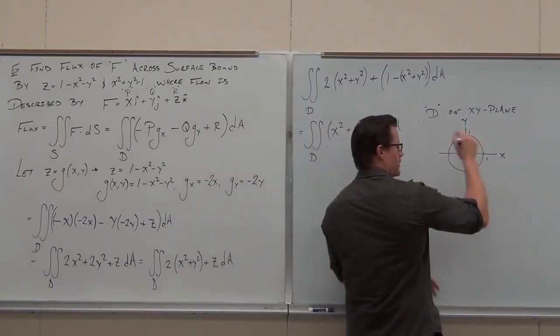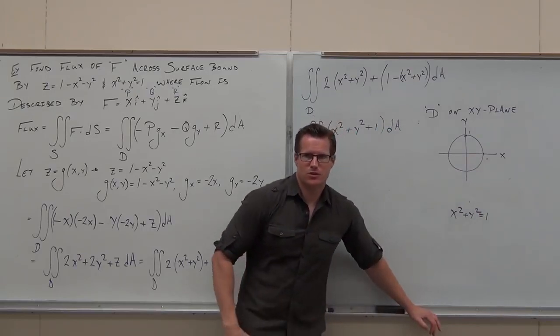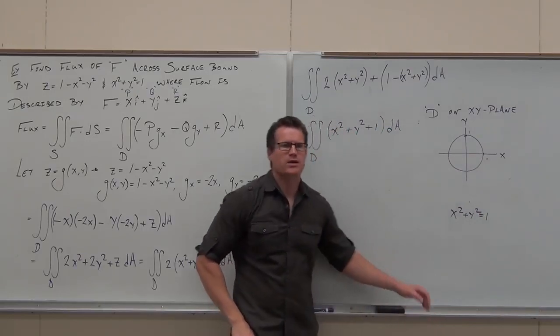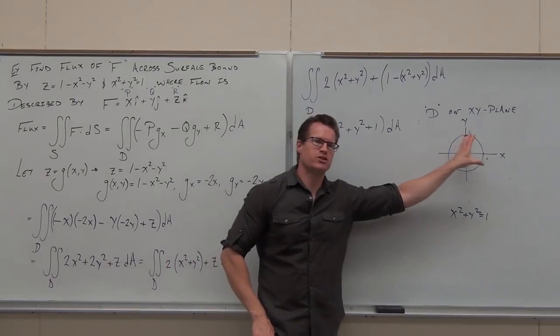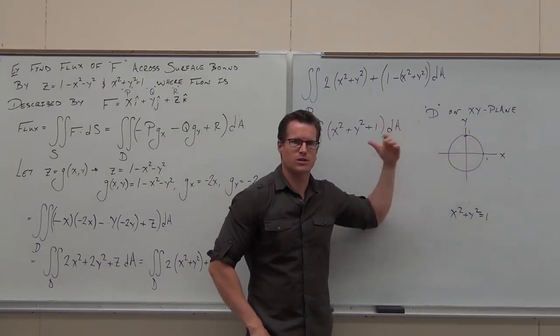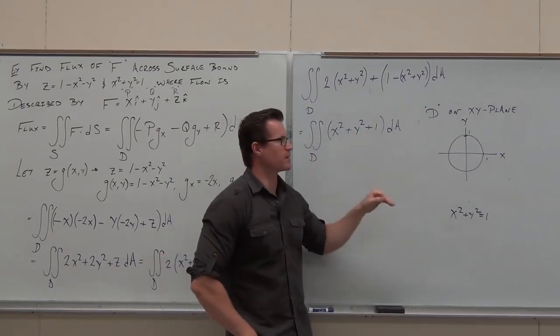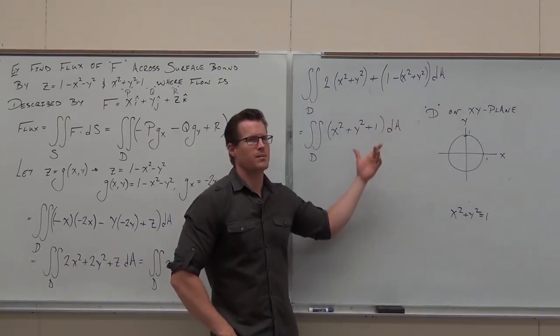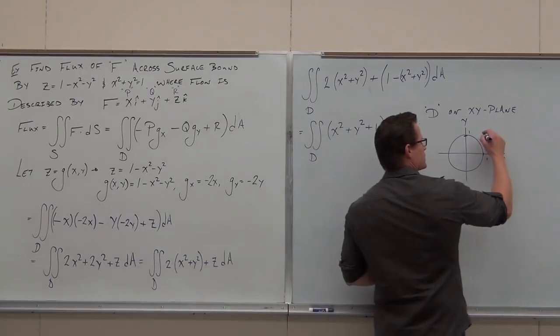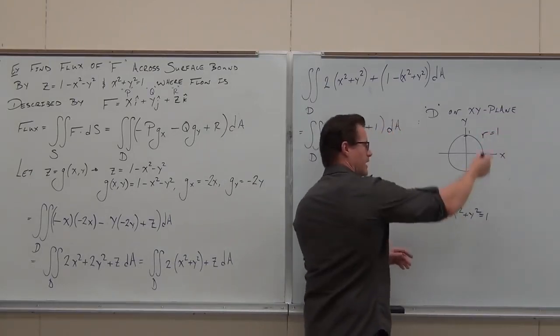So, what do you do with circular regions? This is why you don't define this stuff until you get your region. Because you can start doing all this work and trying to define X and Y, but you don't even know what it's going to look like yet. So you simplify all the way down and go, let's draw the region now. It makes our work a lot easier. Well, if this is R equals 1, and that's a full circle,